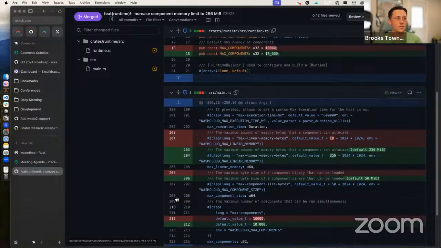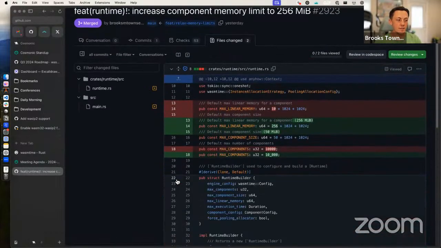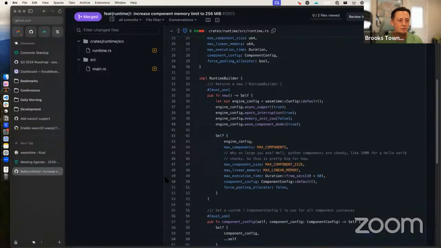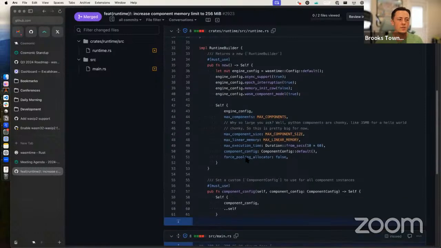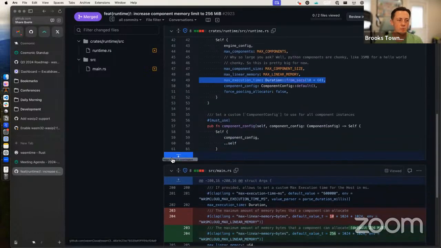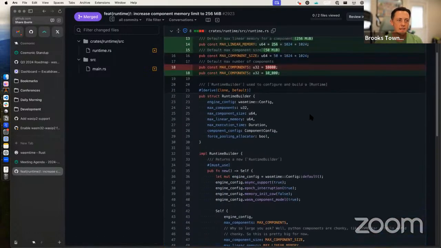I personally don't feel like I have a full handle on everything that wasmTime has to offer, but you can see in our wasmCloud runtime crate the way that we configure wasmTime. The memory pooling allocator that we use, the maximum execution time that we use for components,